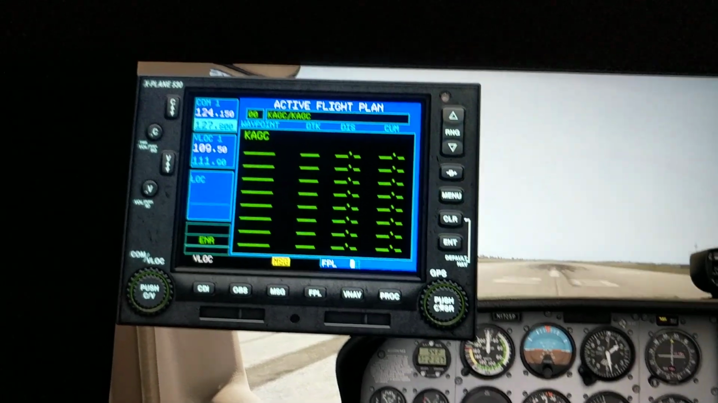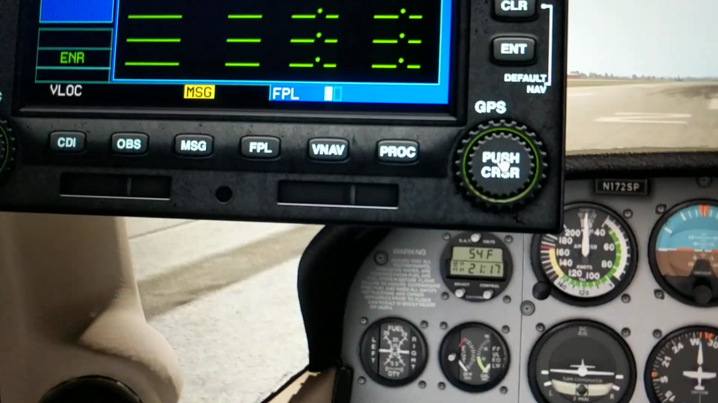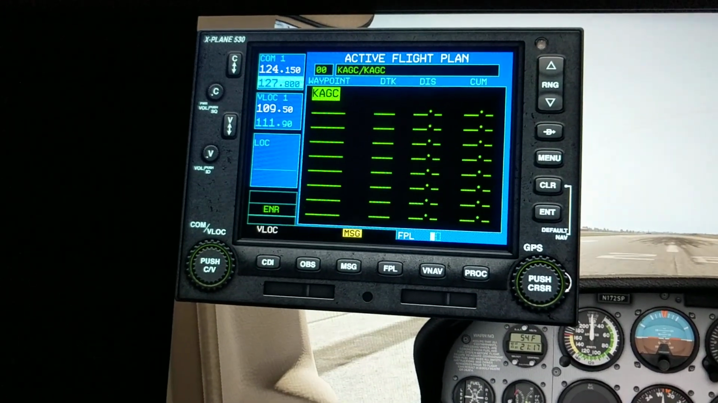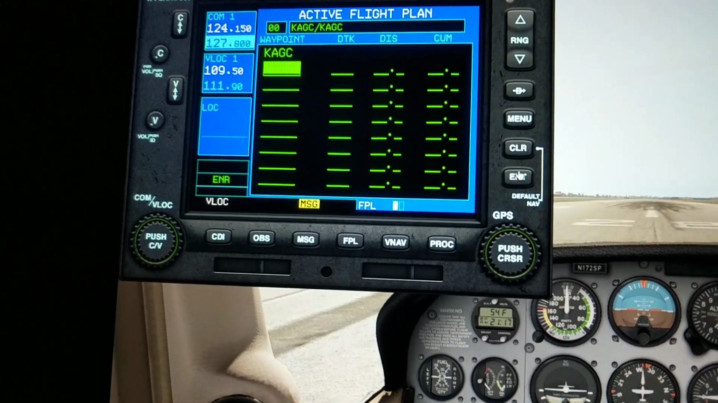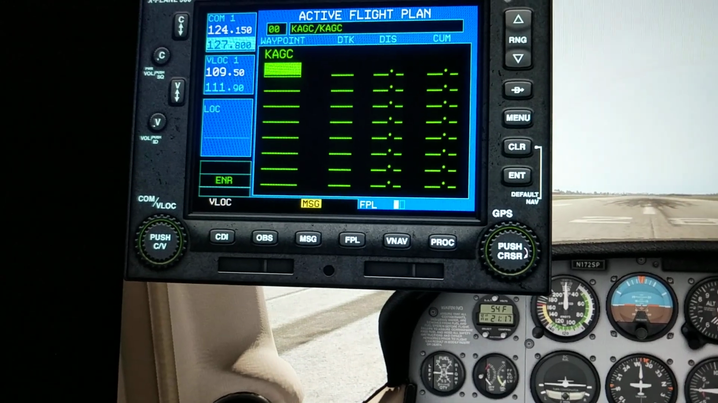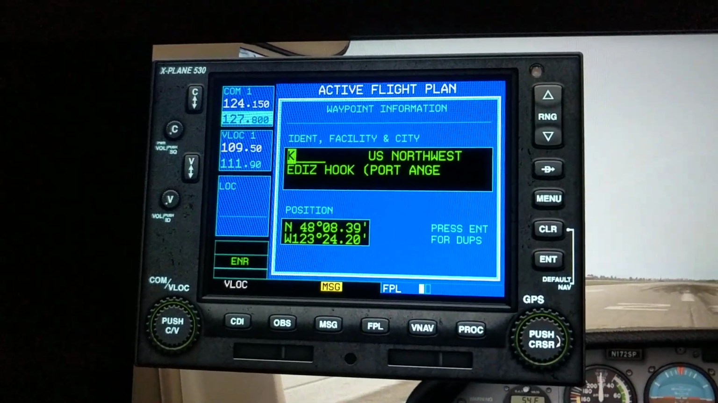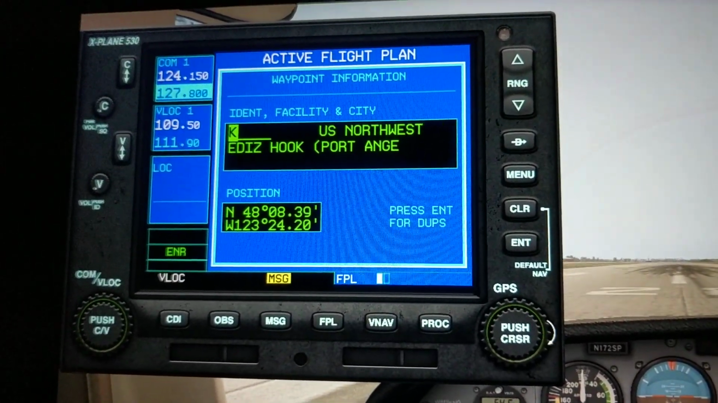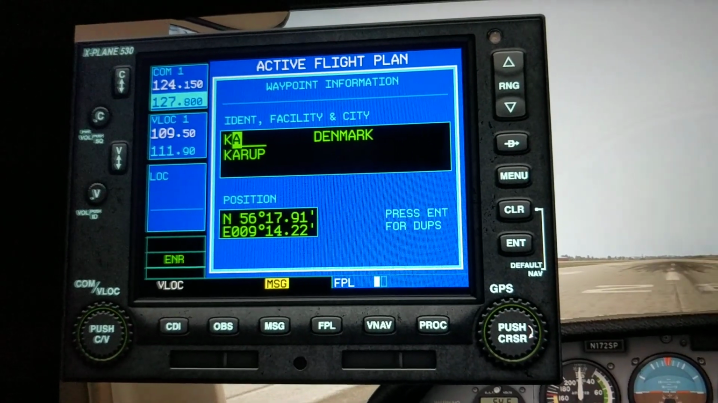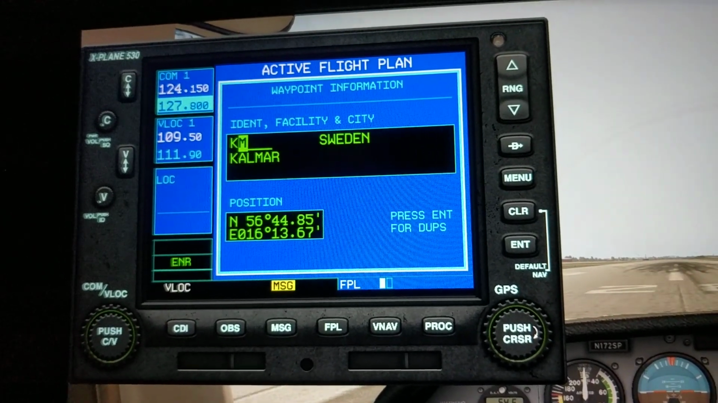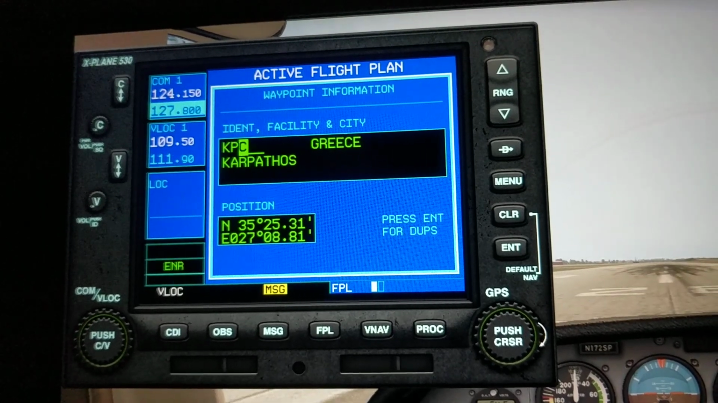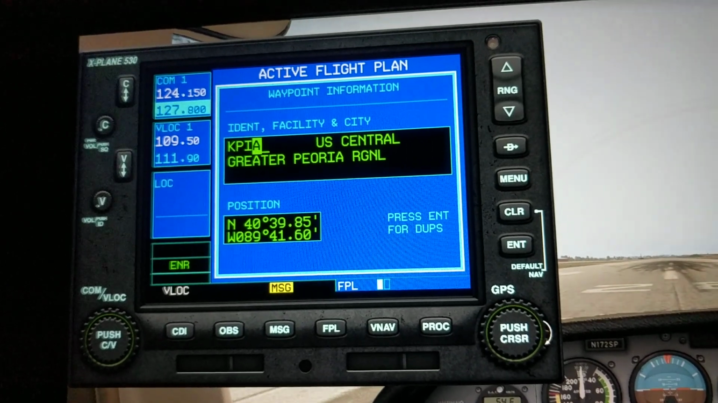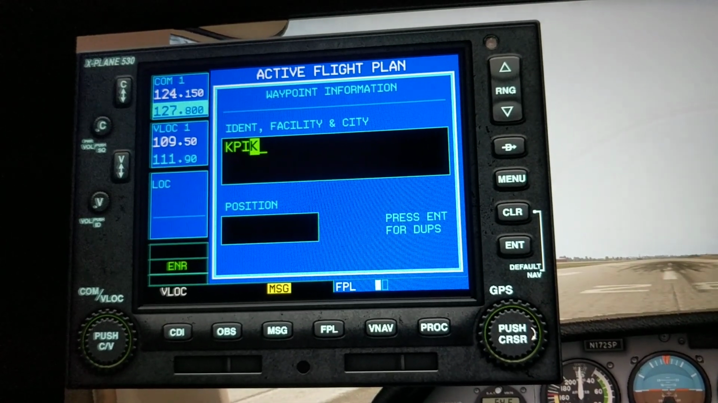So what you want to do is activate your cursor, just click on the push button there, push cursor, and it's going to highlight, and then you use the outer knob to scroll down, and then the inner knob to type in your airport. So I know Pittsburgh International is K-P-I-T, so we're going to do K, and then next letter with the outer knob, with the inner knob P, outer knob over I, with the inner knob, and then T,